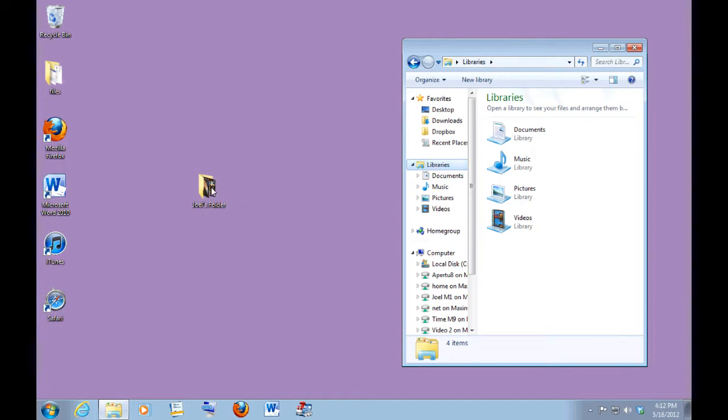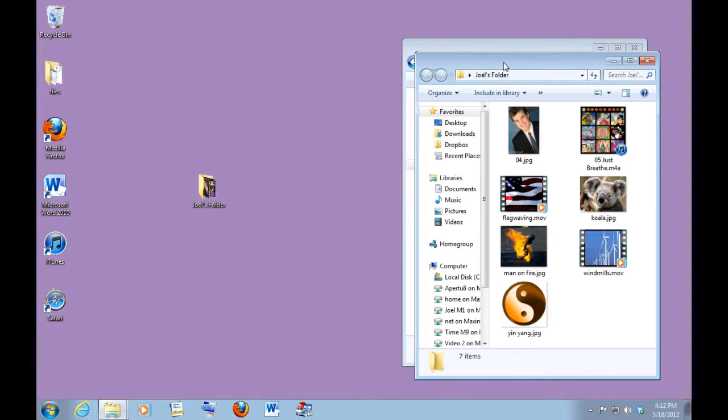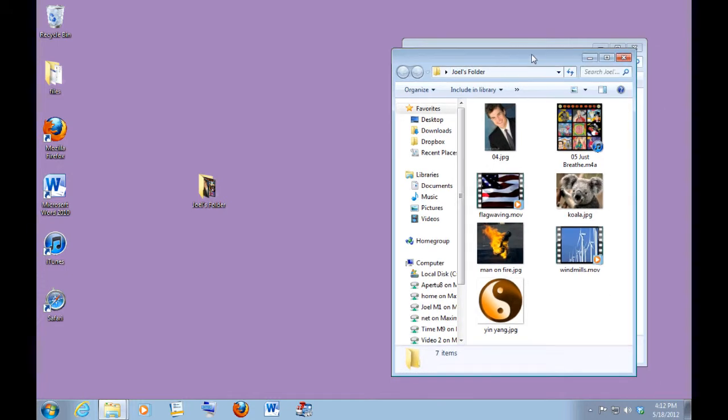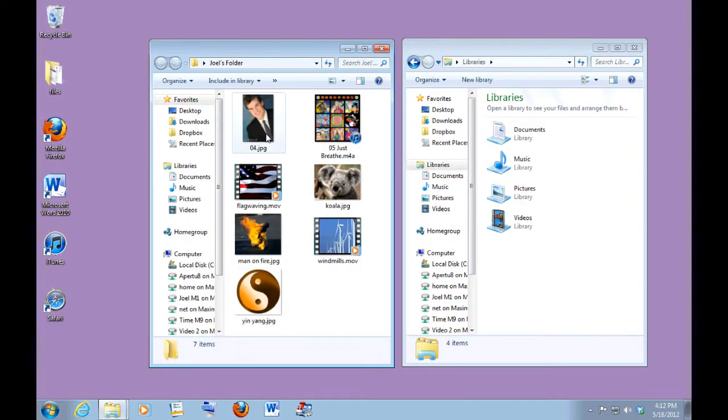So now I'm going to open Joel's folder. I'm going to double click on that, and you'll see Joel's folder and the contents of it. There's a window the same size as the window beneath it, and I can move it over to the left so they're right next to each other, so that I can easily drag these files into the proper libraries. I've got the libraries on the right, I've got the files on the left, and I'm just going to